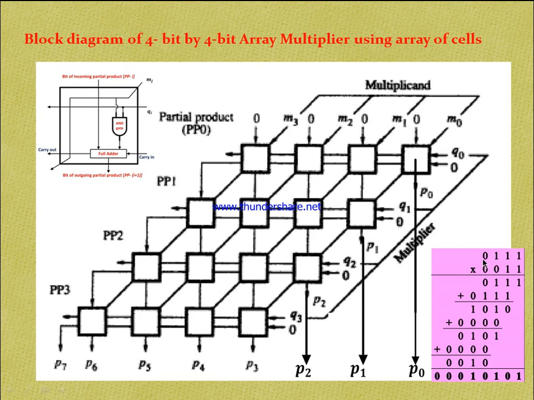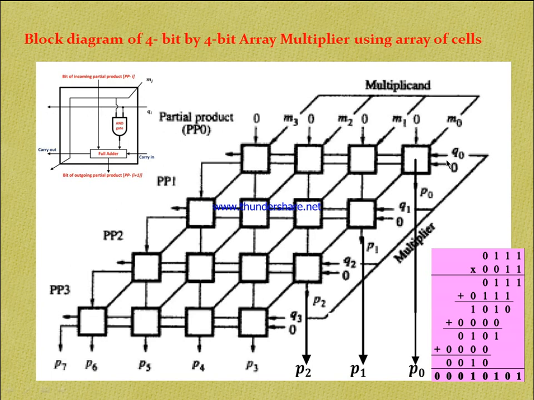First of all, all the bits should be given with the help of M0, M1, M2 and M3. Here all the inputs are given. Now the next is this multiplier bit, Q0. This Q0 should be given here and also propagated here, here and here, since this line is in this particular cell.